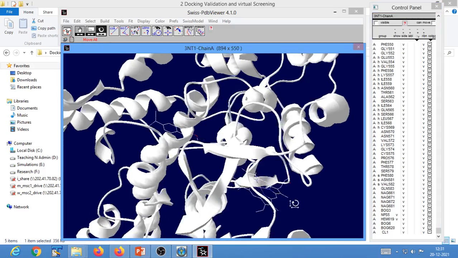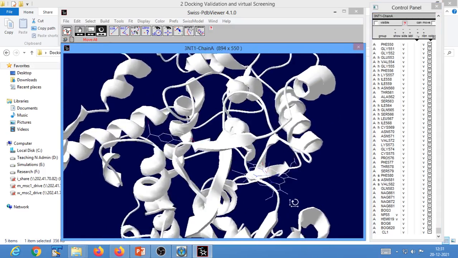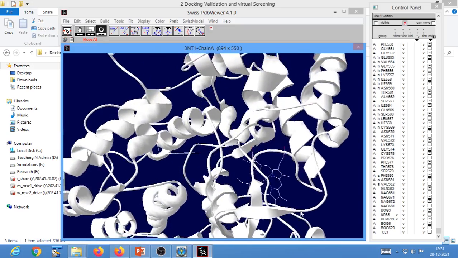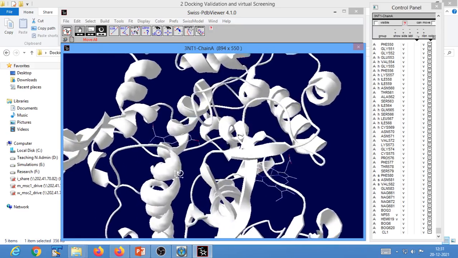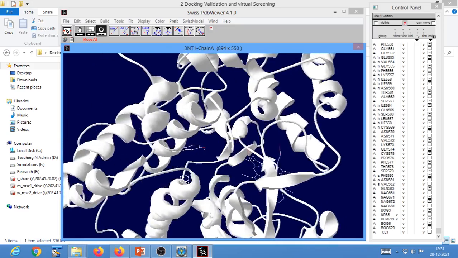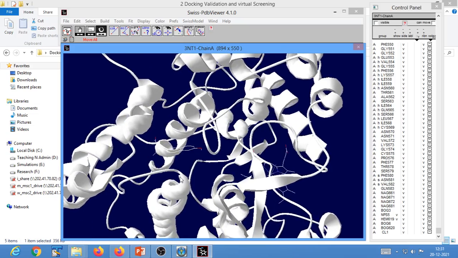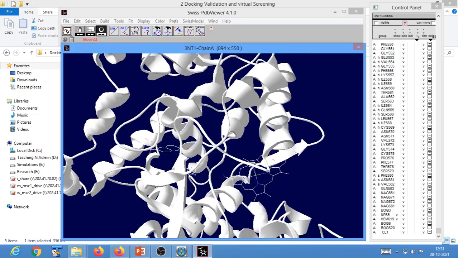So here is the heme molecule, and as you can see, this heme molecule is not part of the binding site where your substrate or your inhibitor might go and bind. Okay, so it is located quite far away from the ligand binding site or active site of your protein,